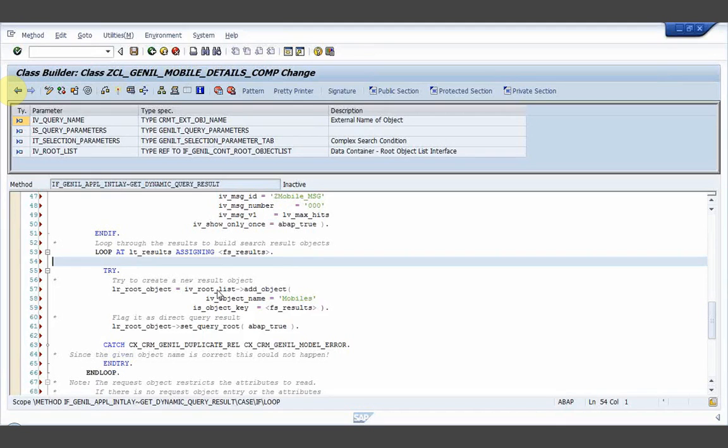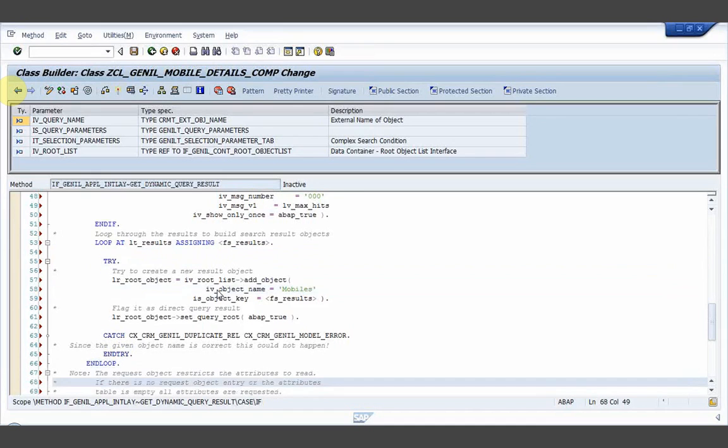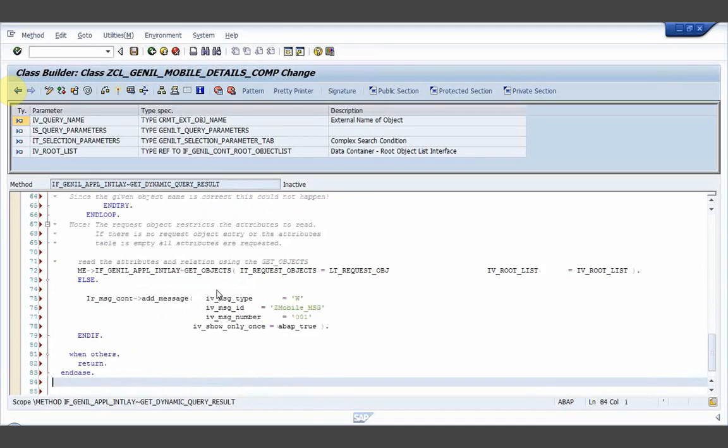Okay, like this, that many objects will be created, and that many objects are pushed into the IV root list. IV root list is now a collection of all those objects. Right. Finally, it calls a method get objects,